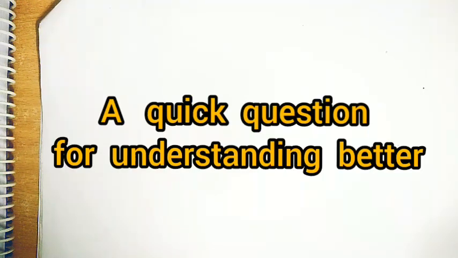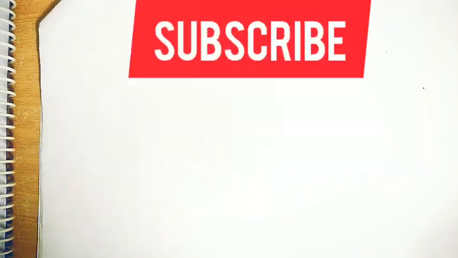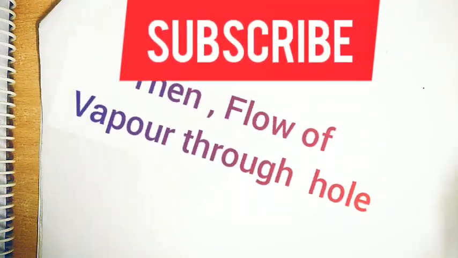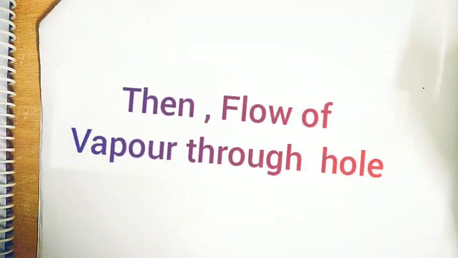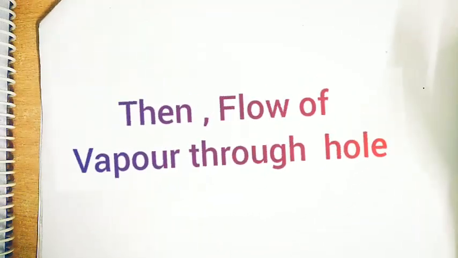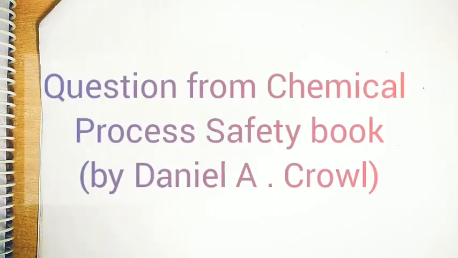So today we'll first go through a simple question on flow of liquid through a tank or vessel, so that we get to know how to actually go about a question. So first we'll go through that, and in the end we will actually start our flow of vapors through a tank. So first of all, the question is from the book called Chemical Process Safety,